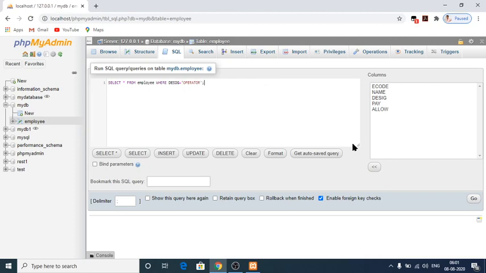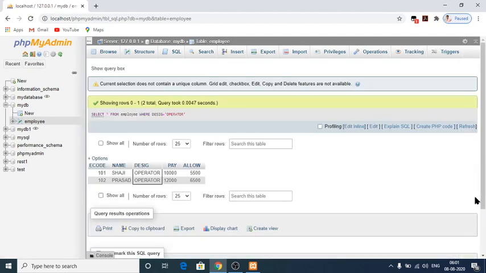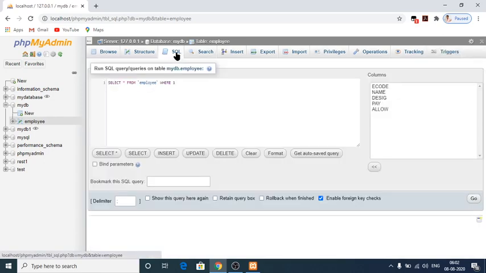Select star from employee where basic is equal to operator. So execute this one. There is no error. Yes, those who are operators, that person's data has been retrieved from the table. This is the exact answer for your 12th lesson, second 5 mark question from part 4.